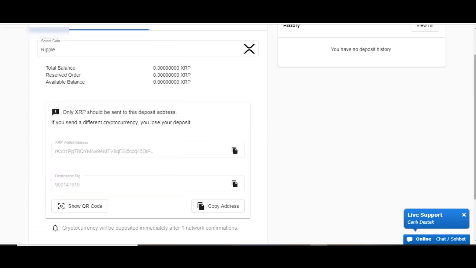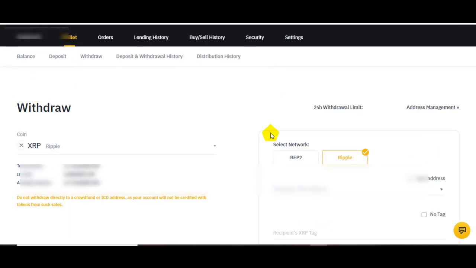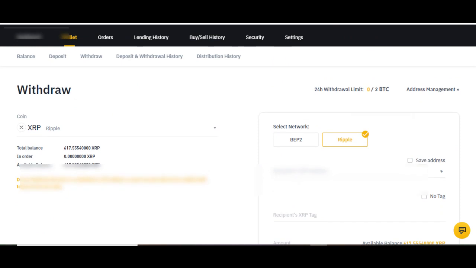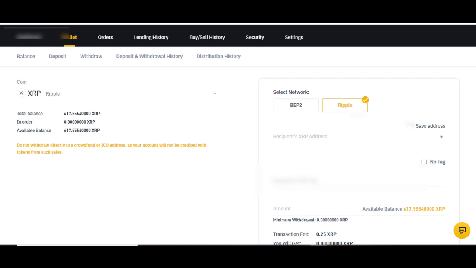Let's now go to Binance, where I'm going to be sending the 500 Ripple. I'm now in my Binance. I want to send 500 Ripple, so I will click on withdraw under Ripple. Once I click on withdraw, it brings me here.